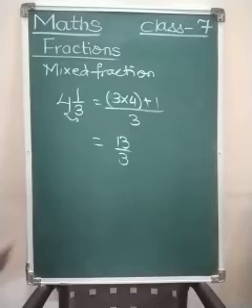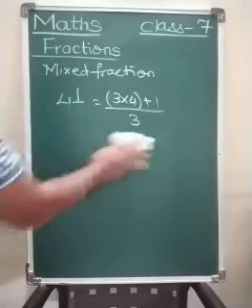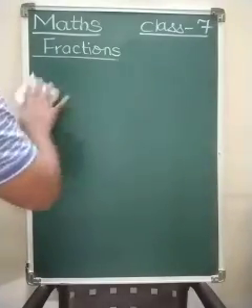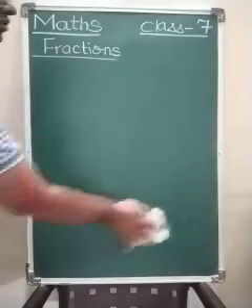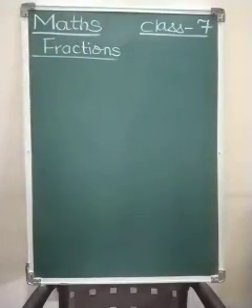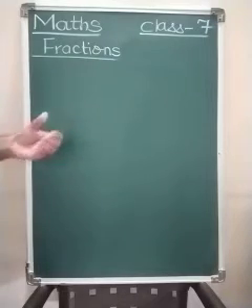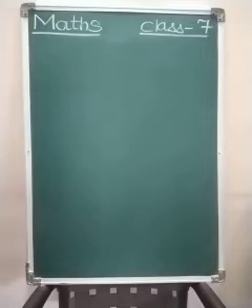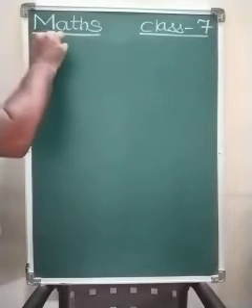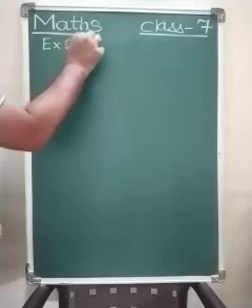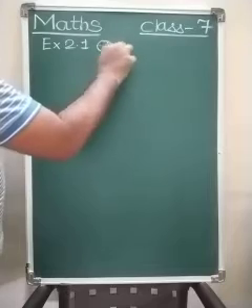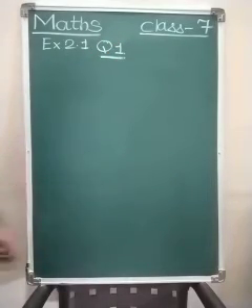How you convert that improper fraction into a mixed number, that also you have already learned. While doing the sums, I will again explain it to you, and this much was the knowledge of recalling, or this many things you had to recall. Very fast we will start with exercise 2.1, okay, a very simple exercise. You must have done this kind of sum already in your 6th standard, even in 5th standard. Exercise 2.1, question 1. Simple, it is written there, solve.